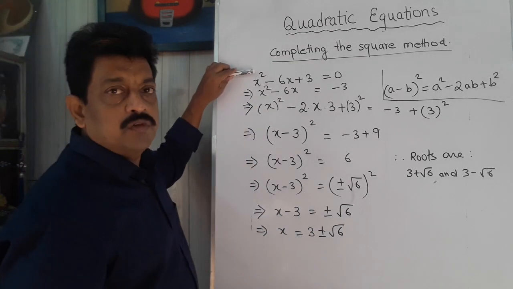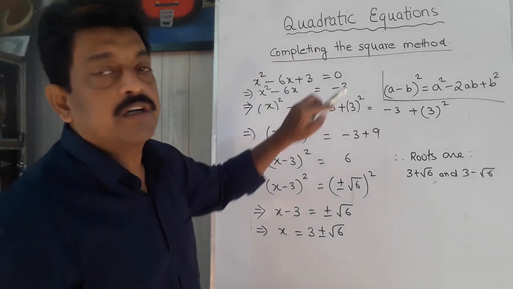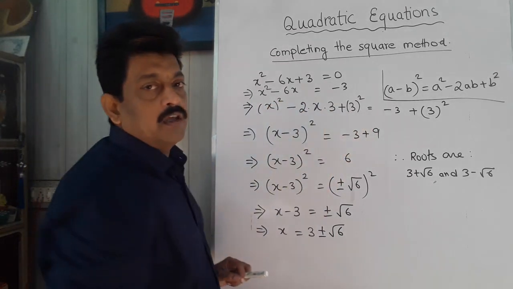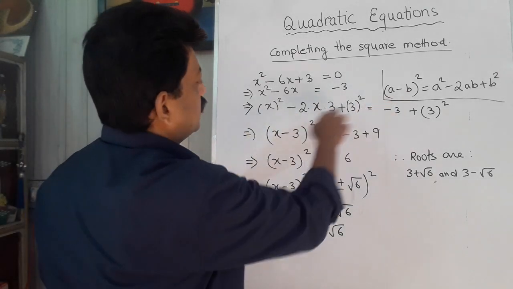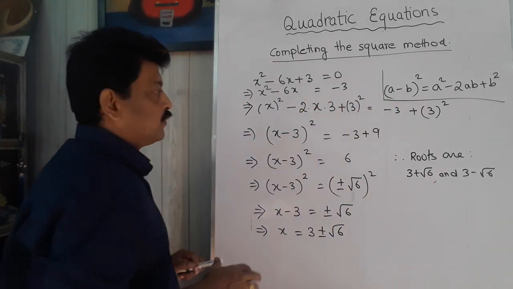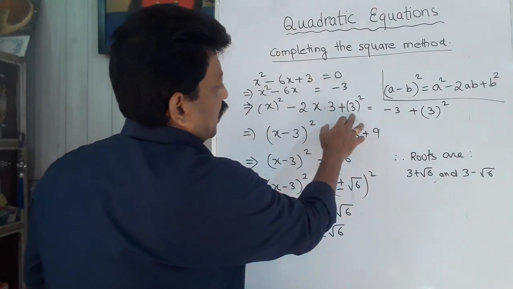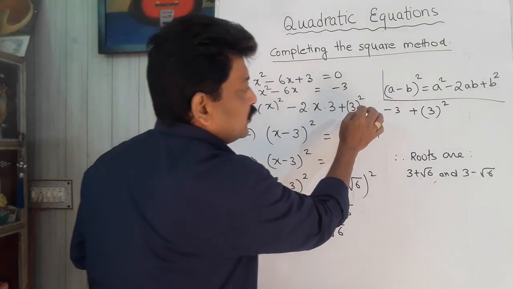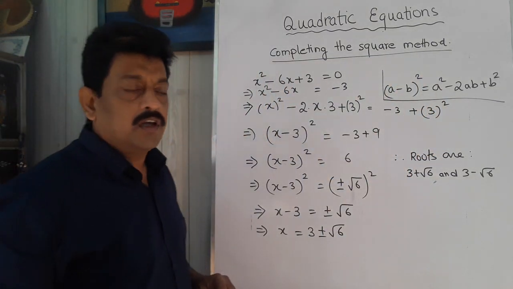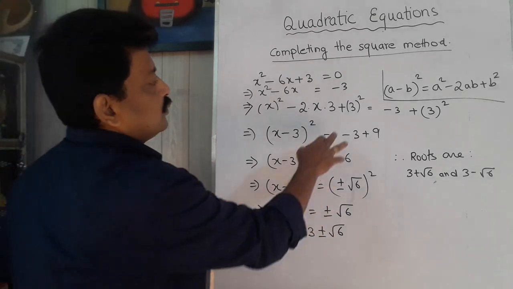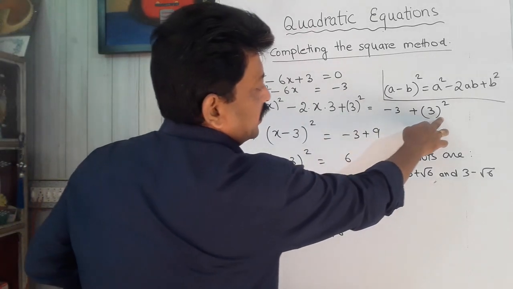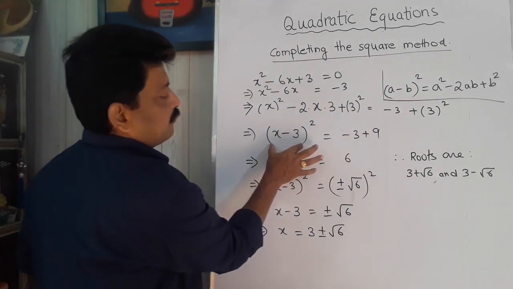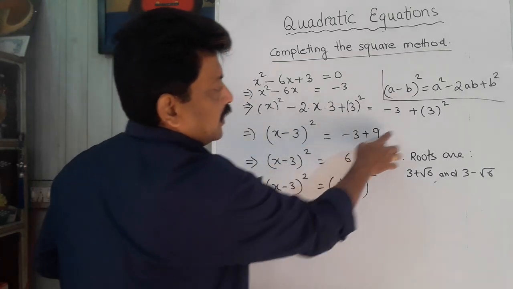Our quadratic equation is given to us. The constant term should be taken to the right hand side, and the left hand side will be written in the form of a whole square. Here we can see the left hand side can be written in the form of a minus b whole square, where this b square was not there in the left hand side. It has been added to both left hand side and right hand side to keep the equation equivalent. So here I have added 3 square, that's why I have to add 3 square to the right hand side also. The left hand side becomes a minus b whole square, that is x minus 3 whole square,